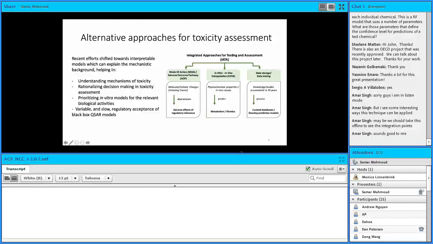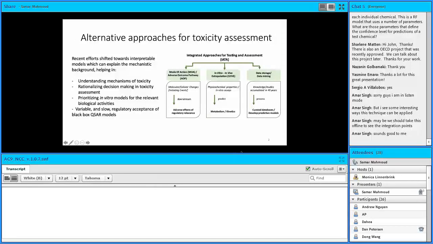So the use of IATA in general involves the use of two or more approaches, including physicochemical properties, in vitro assays, mode of action analysis, kinetic models, and in silico models. And it is aiming to provide a mechanistic-oriented system for an efficient safety evaluation. And that's through improving our understanding of the mechanism of toxicity to rationalize the decision-making, the toxicity assessment, and also to prioritize the in vitro models for